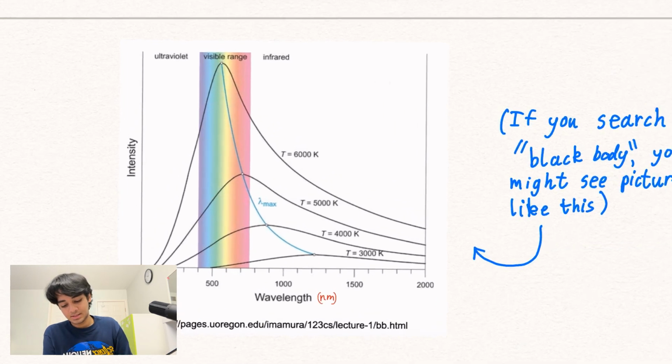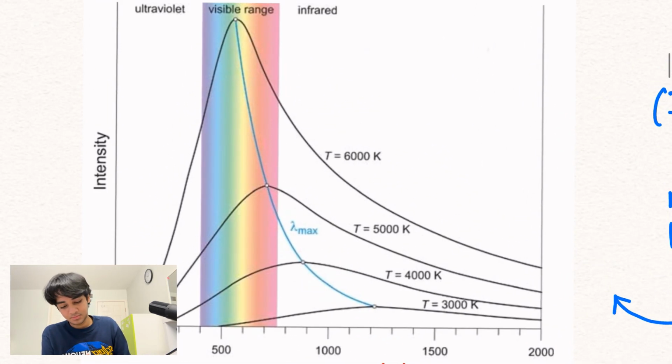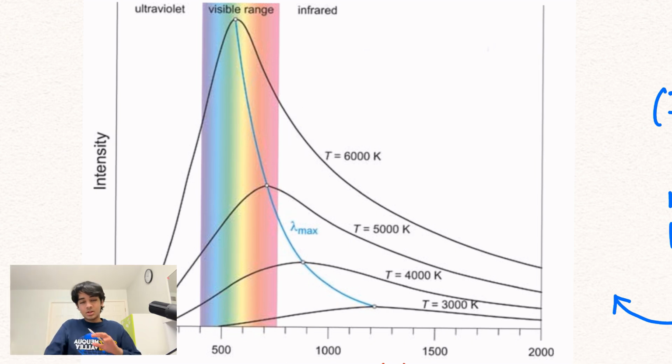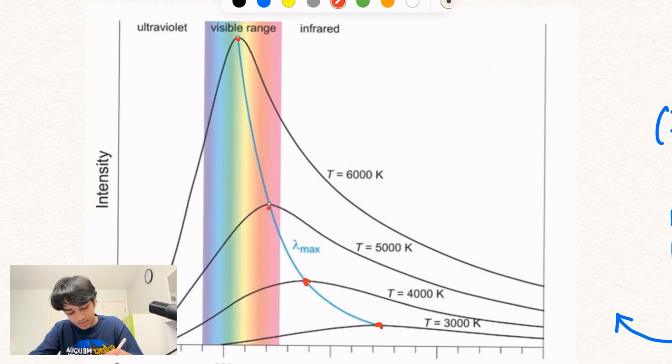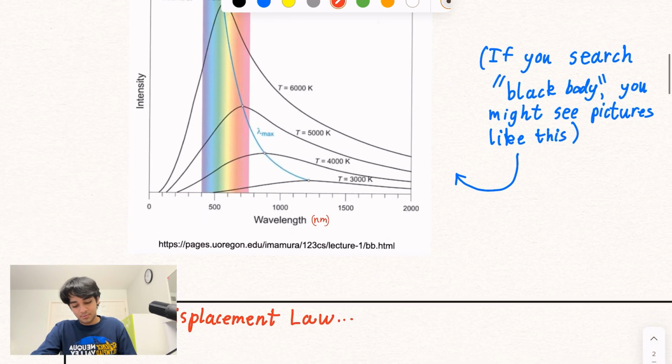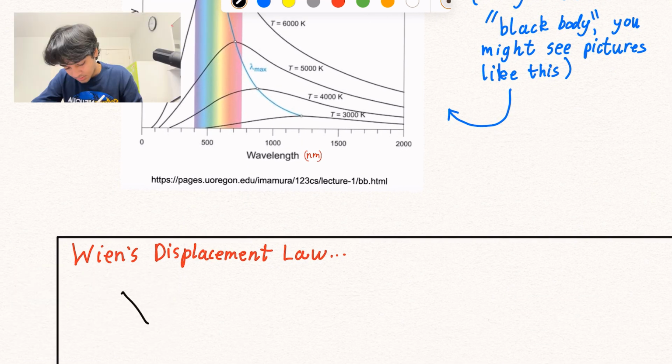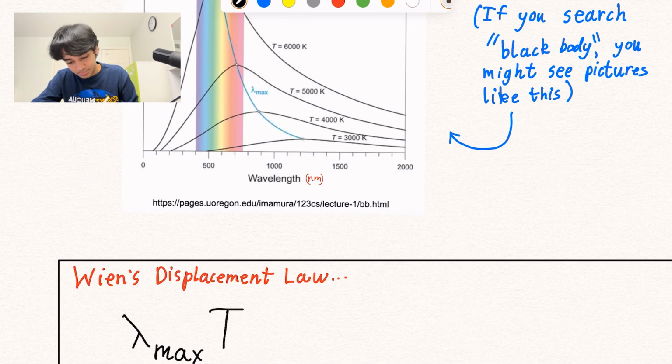What this graph is showing is that objects, where this is an object, this is an object, this is an object, and this is an object, emit a spectrum of wavelengths. So we could have a star that emits all these different wavelengths. However, all those wavelengths come at different intensities, and all the points here, here, here, and here show which wavelengths have the maximum intensity. So there's a German physicist that came up with a law for this, and the relationship goes like this. The wavelength of maximum intensity times the temperature equals a constant